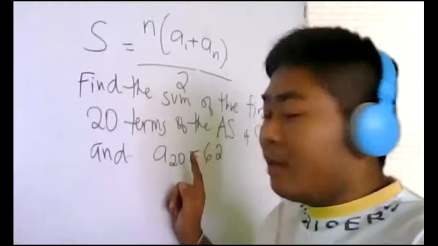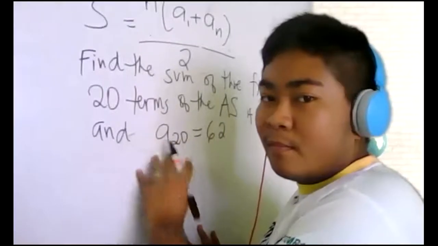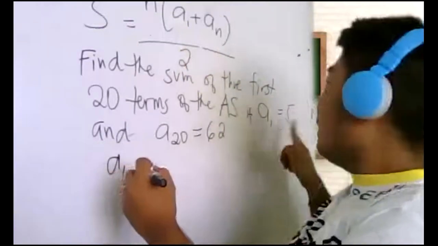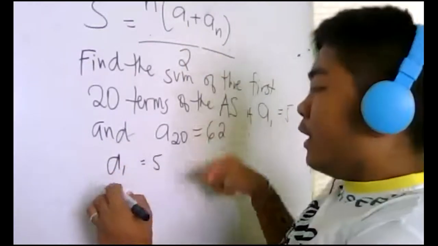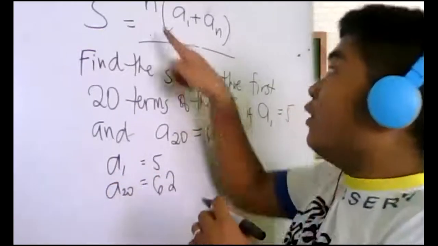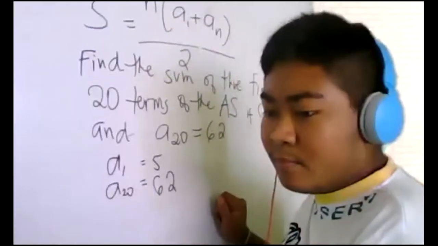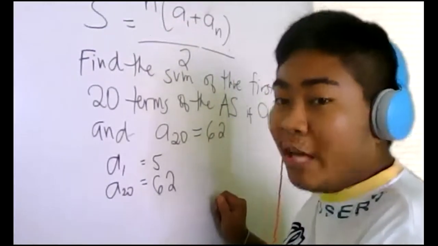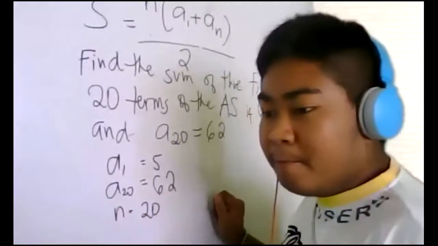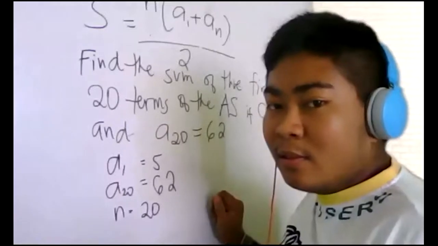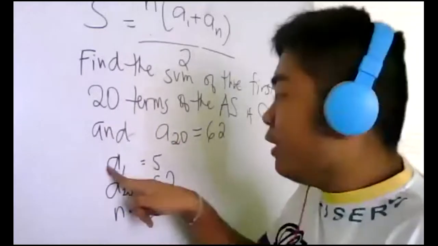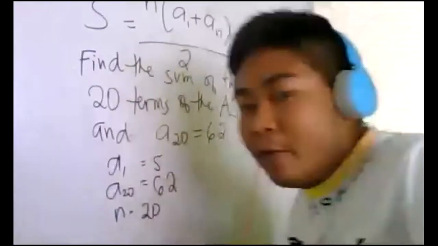So, ang mga given natin would be A1, tama? A1 is 5. A20 is equal to 62. And ano yung N natin? 20. Diba? So, okay na ba yan? Nasulat na natin yung 20 terms, and 62, and yung first term is 5. Therefore,